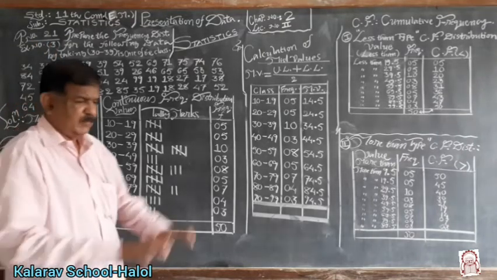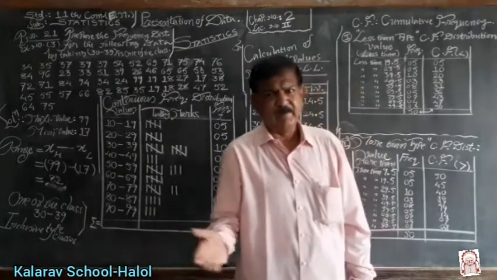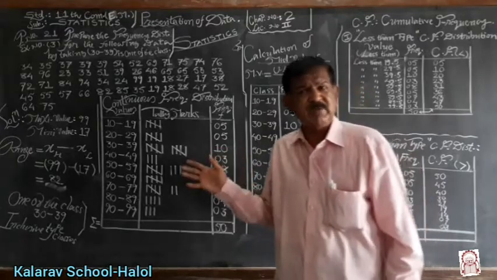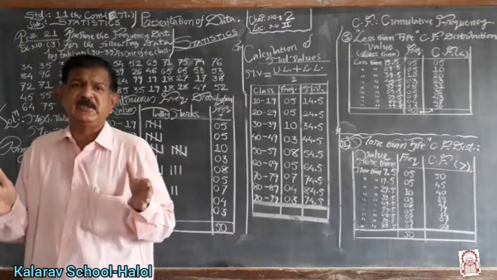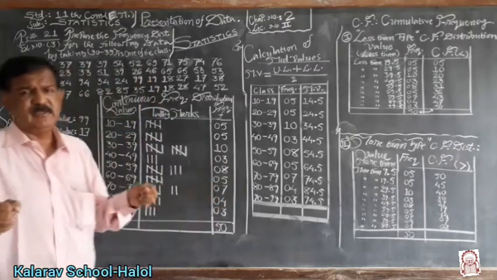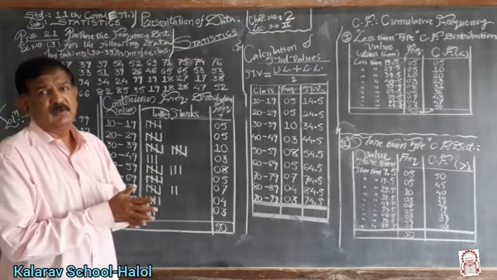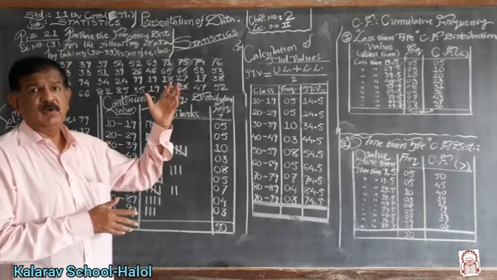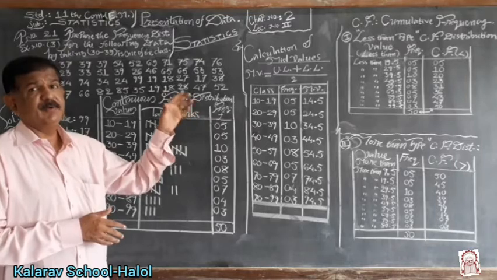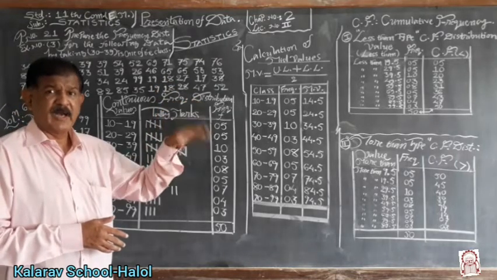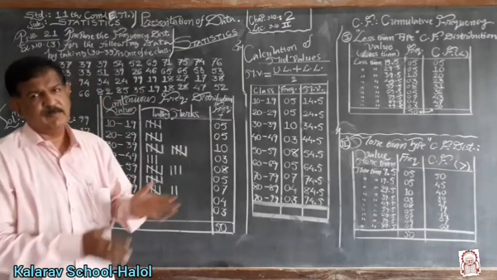In our textbook, take the first 5 or 7 examples of the same type and also the exercise examples. Practice well so that you can construct your foundation of statistics completely. This is the basic and fundamental thing. With the help of this table, later on we are going to calculate mean, median, mode, and how to compute the value of mode with the help of a graph. These things are very much in use, so please be prepared well.